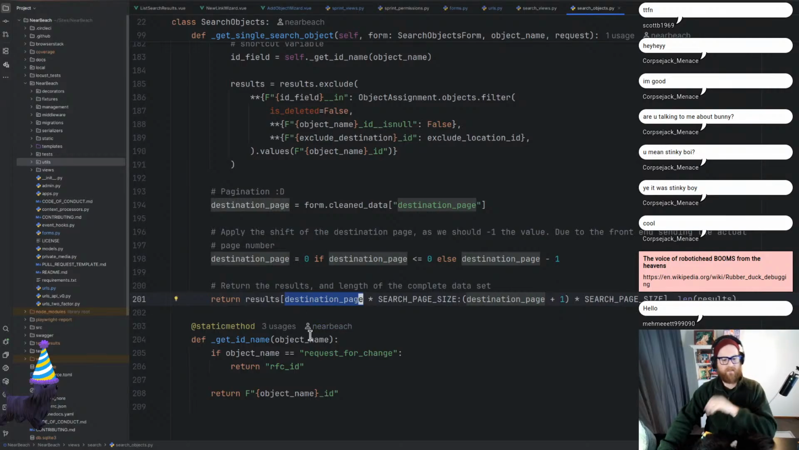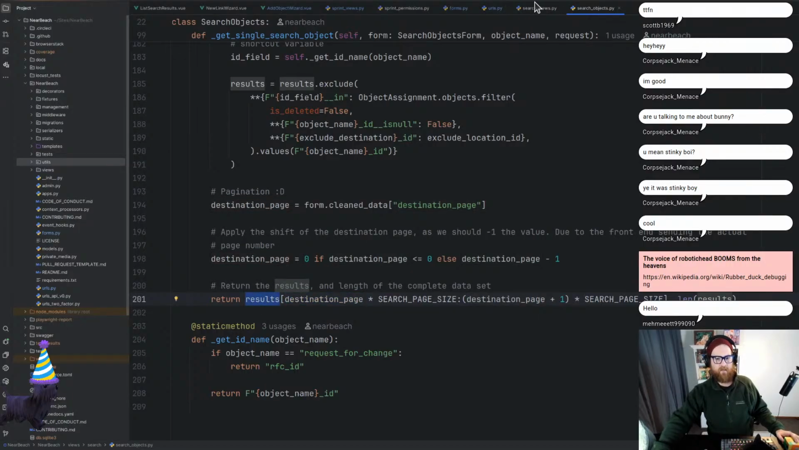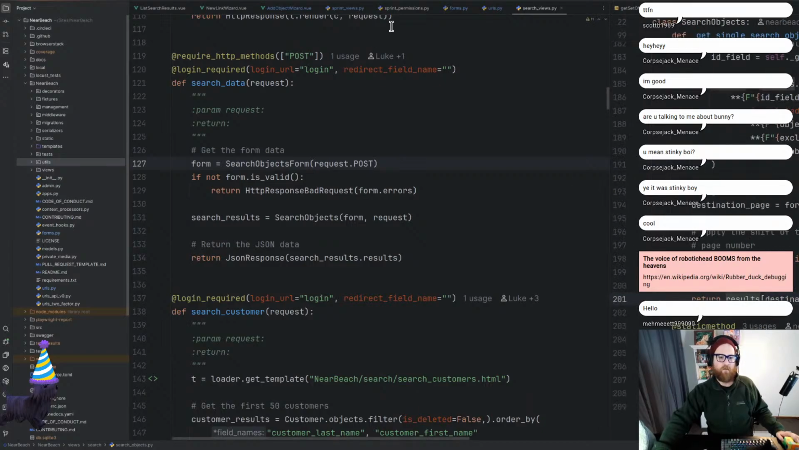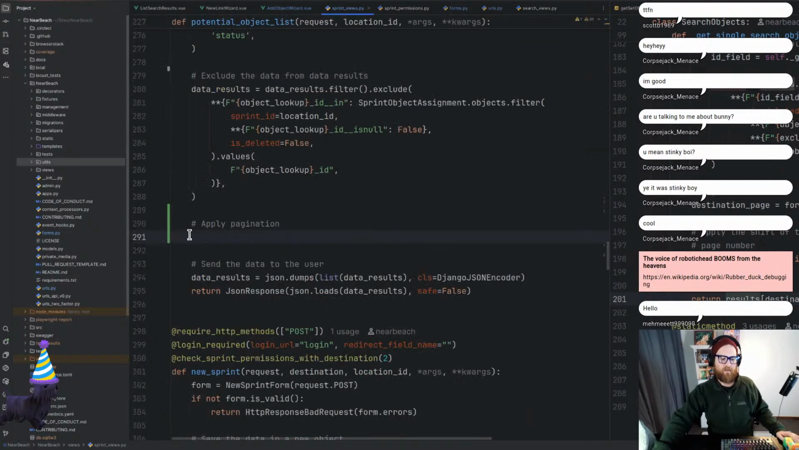All right. Destination page equals 0 if destination page is less than or equal to 0, else destination page minus 1. So apply the shift to the destination page, as we should minus 1 the value due to the front end sending the actual page number. All right, cool. And then the results, I'm going to put this over here. And we are going to work over here. So